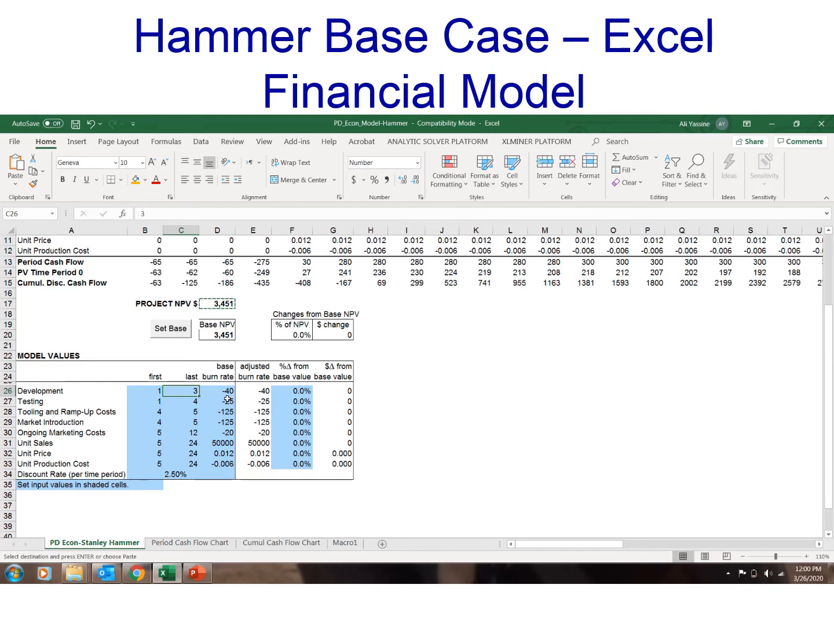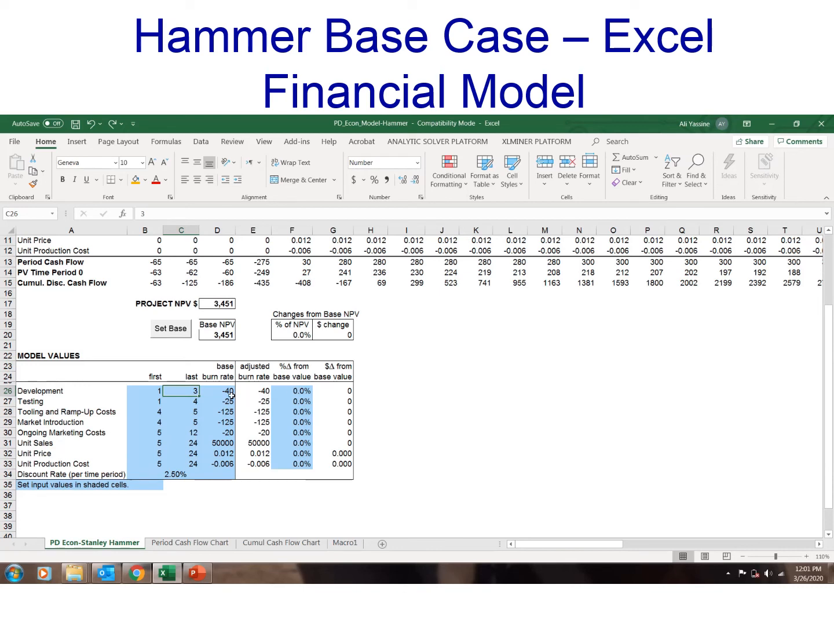What would happen to my net present value? So I enter here 4, enter, and you can see that NPV reduced from 3451 to 3415, a reduction of about 1%. So I'm going to undo this, and then if I want to increase that, the development actually cost